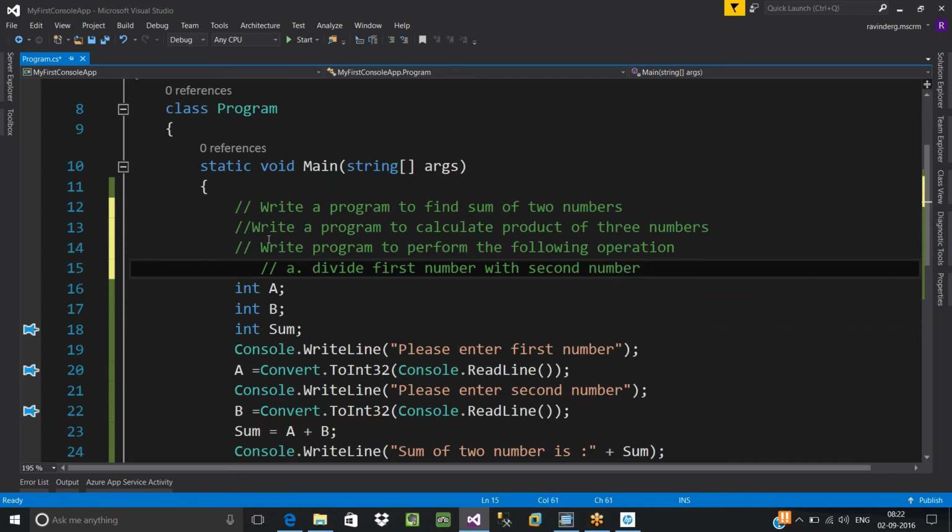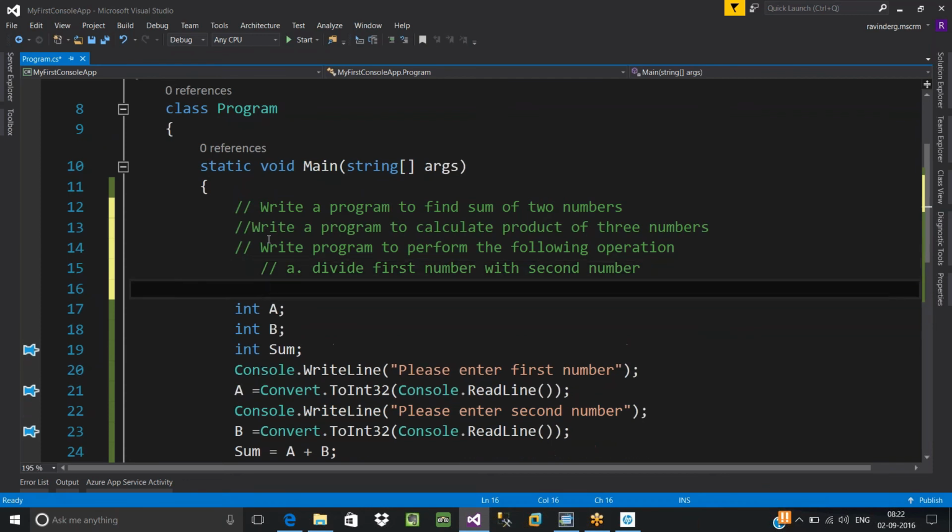You need to ask the user to enter two different numbers and divide the first number by the second number. B, get both the quotient and remainder of the calculation.